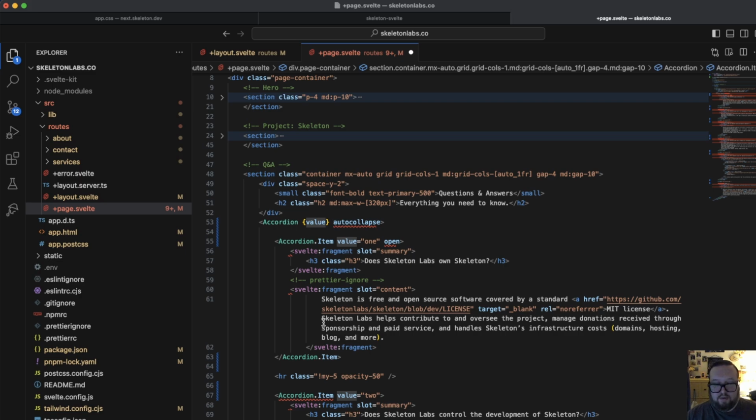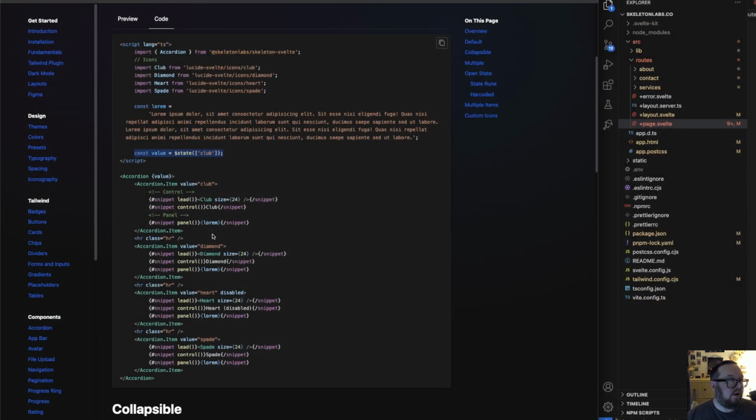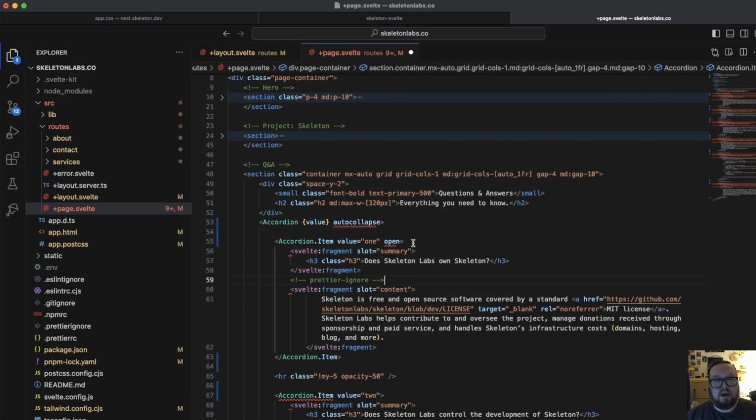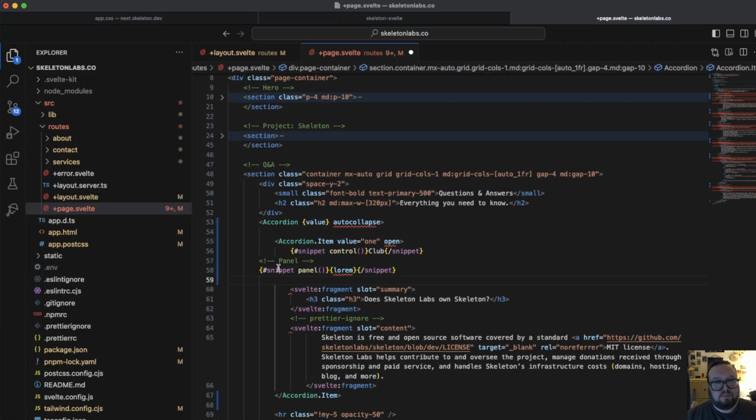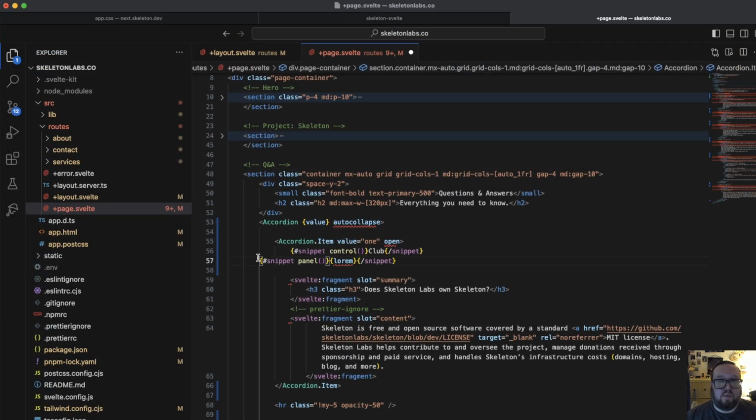So that looks to be good. If we come back and reference our source here, we'll see that the sections inside that were previously using a Svelte fragment have now been updated to use snippets, which are the new Svelte 5 syntax, right? And so we need two types of these really. So I'm going to copy the control and the panel, and then we can compare this, right? So when this is working the way we want it to, the summary and the content should now be control and